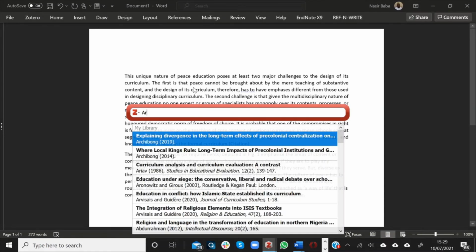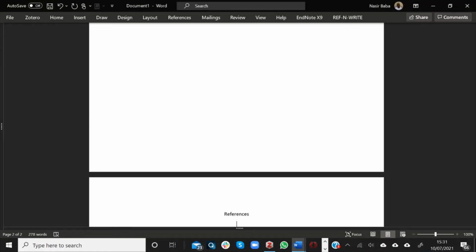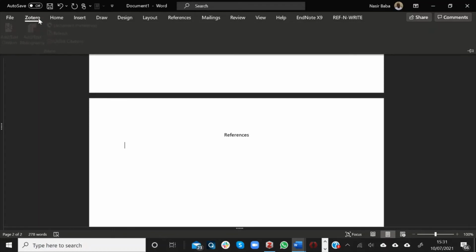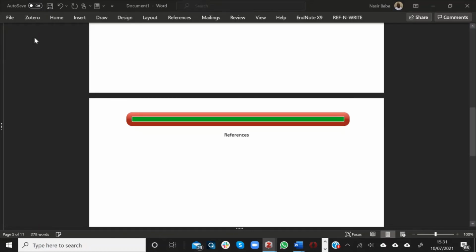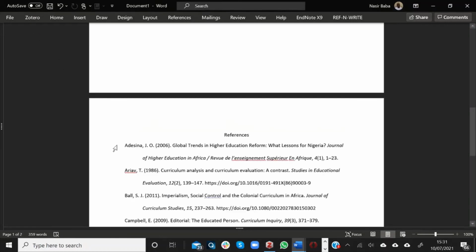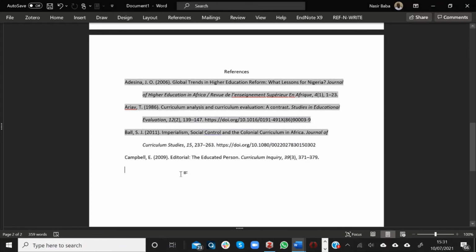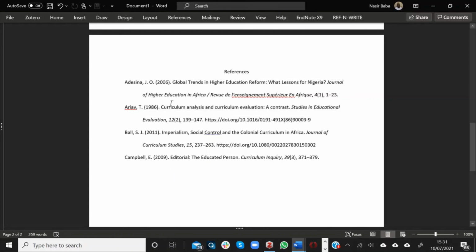Step 9. When you finish writing and citing, click on the Zotero tab in Word again. Only that this time, you will click on the Add, Edit Bibliography button. But ensure that your cursor is at the point you would want the bibliography or reference list to be placed. When you click to add bibliography, all the sources you cited will be arranged in the format recommended by the citation style you chose. Using Zotero makes reference management much easier, convenient, and efficient.